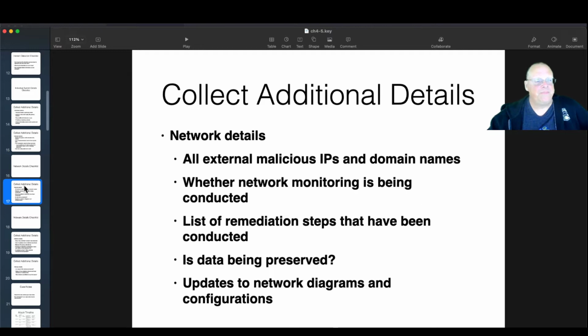All right. And for your network details, of course, you record all external IPs and domain names that malware is using. Those are very useful. And see if you have network monitoring or perhaps remediation steps like firewall rules or something. See if you're preserving network log data of some kind, like perhaps